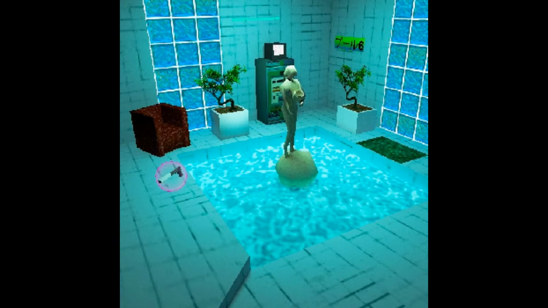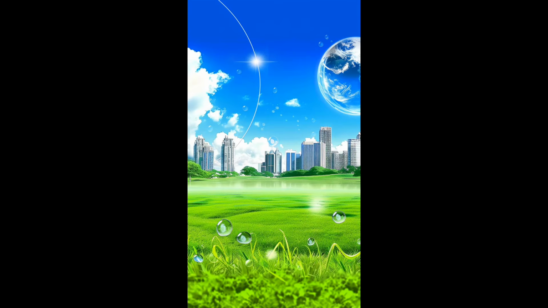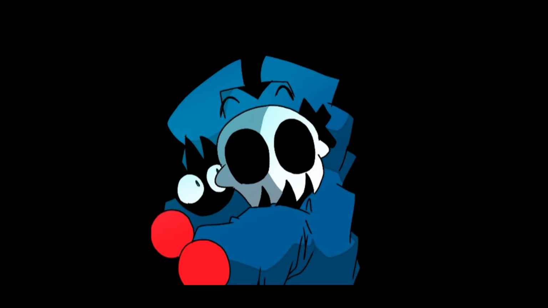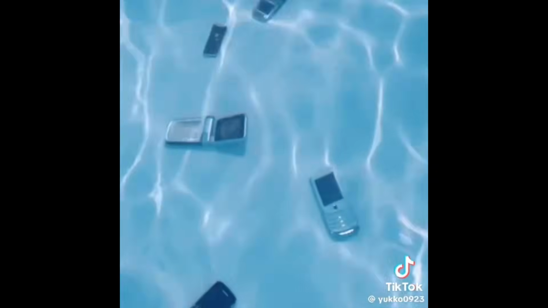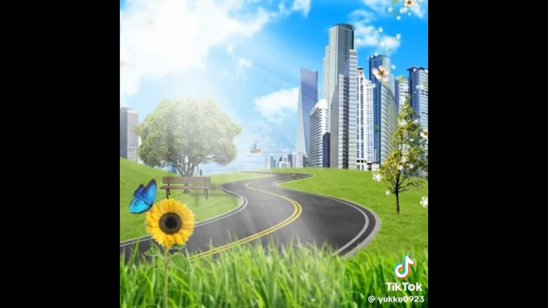As of recent, I discovered the Frutiger Aero aesthetic, and I'm going to be honest, it has highlighted this part of my life that I'm currently living right now. There's something about it that just comforts me, gives me a sense of hope. I guess what I'm trying to say is it is a special aesthetic that I feel can be enjoyed by all the people watching this video that haven't been notified about its existence yet. If you haven't already, it's an aesthetic worth checking out, and I feel like you can get a lot of good from it. It just brings really nice vibes, to be honest. I don't know, there's something about it. Anyways.